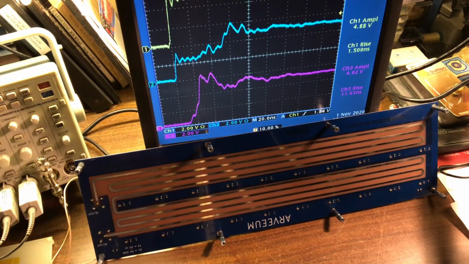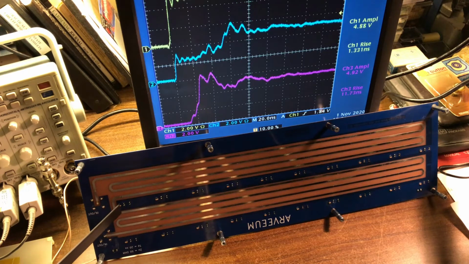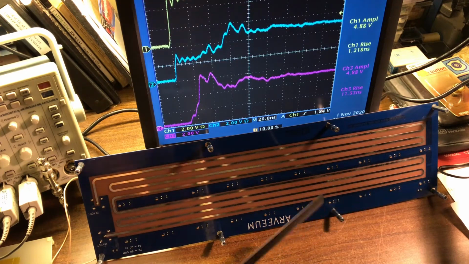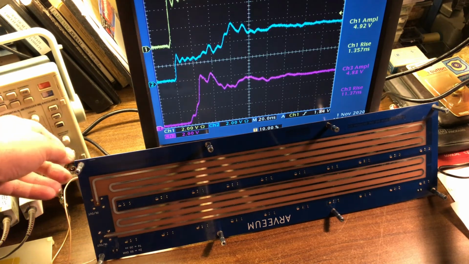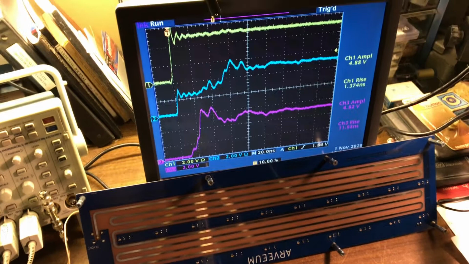And now to experiment with the board, as you can see, there are a number of surface mount capacitors around the moat, and one side of each capacitor is connected to the floating reference plane, and the other side of the capacitor is connected to a switch, and the other side of the switch is connected to ground. So I can individually ground these capacitors with switches one by one if I wish, and see the effect that they have on the